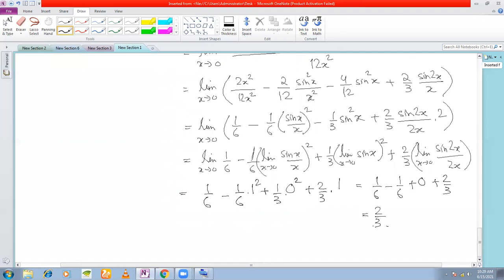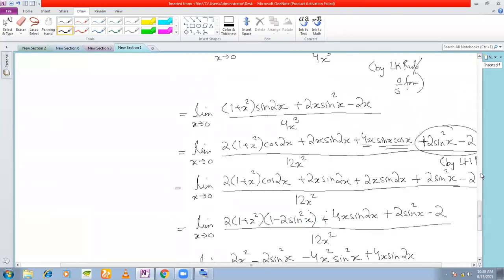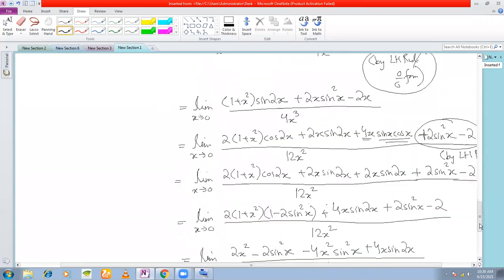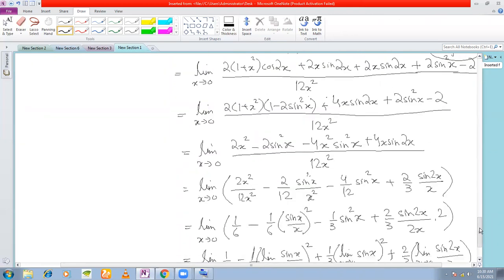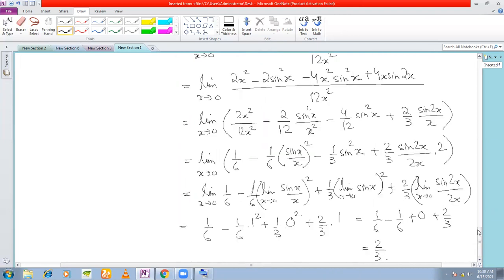That's it. Now see, if you see this sum, we have applied L'Hospital's rule here twice. Here we have applied, and here we have applied L'Hospital's rule in this step. And all the next steps we have evaluated by the normal way in which we evaluate our limits, right? So this was a little different sum from the others.